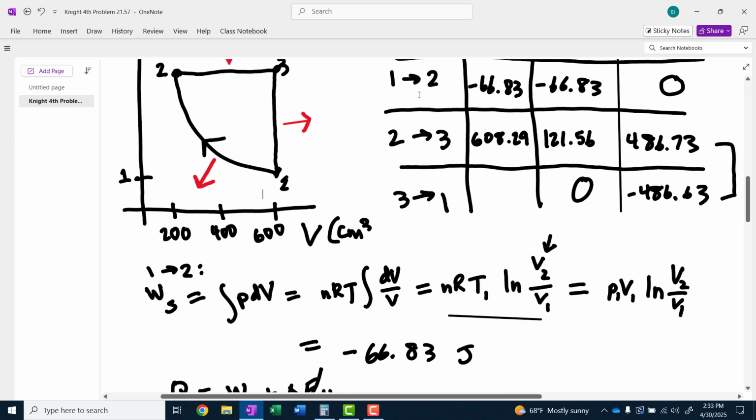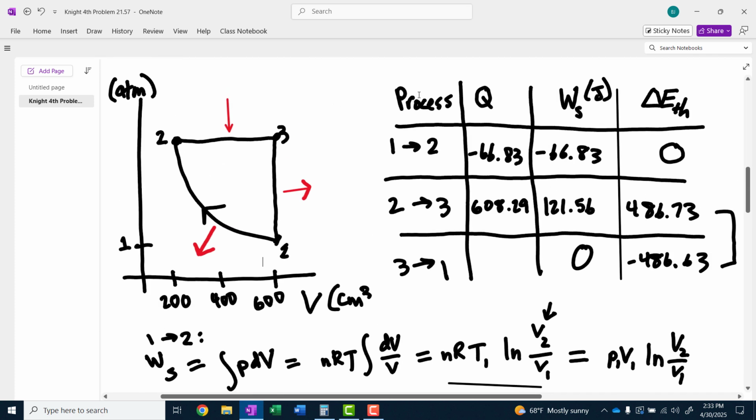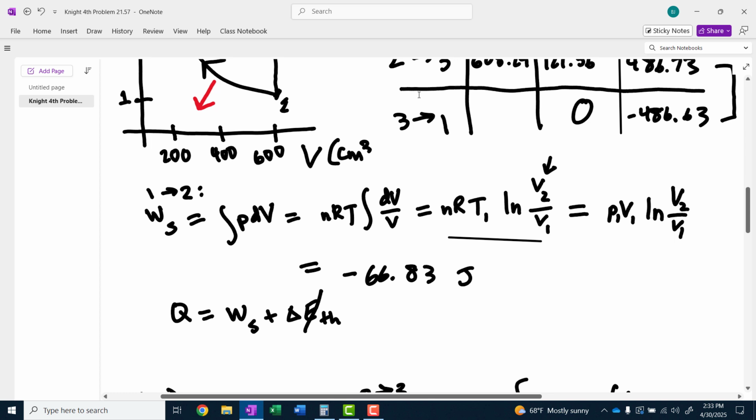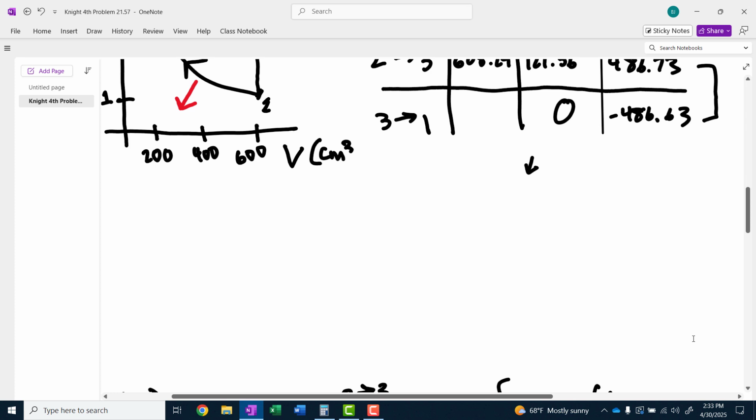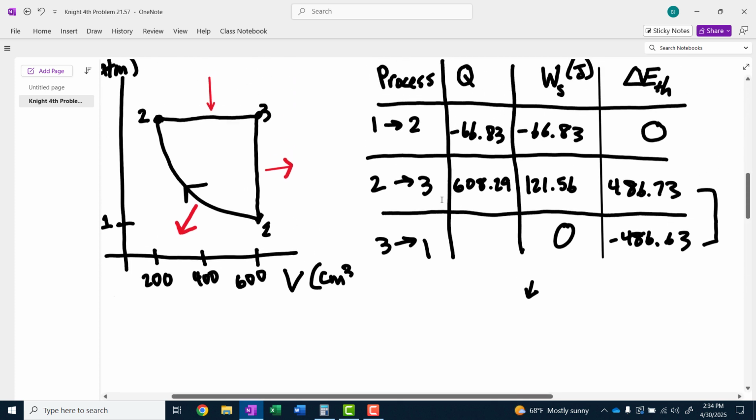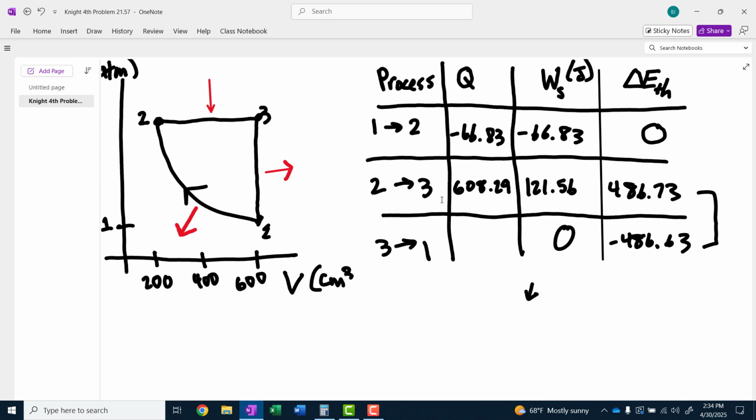In fact, I didn't leave room here for total. So since we've already done the work, I'm going to select all this and get it out of the way. And I'll add a row in my table. You definitely want to include this row in your accounting. Anytime you make this table, have one final row